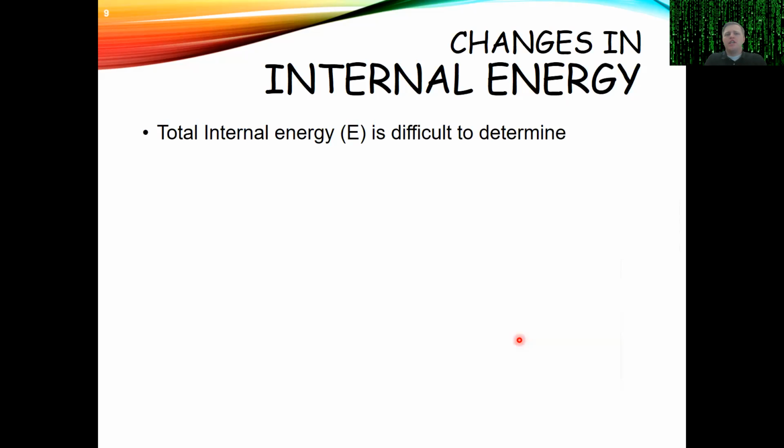Okay, so let's talk now about what I just talked about, adding ice and changing the energy. The internal energy of a system can usually be pretty hard to determine. You'd have to understand all the bonds that are in this compound. If you have a mixture like soup, that becomes really complicated because now we're talking about literally millions of different types of molecules, especially if you have any type of organic matter in there. If you have split pea soup, a pea has cells with tons and tons of different molecules in it. And any type of meat, same deal, tons and tons of different molecules in it. So it can be hard to determine the total internal energy.